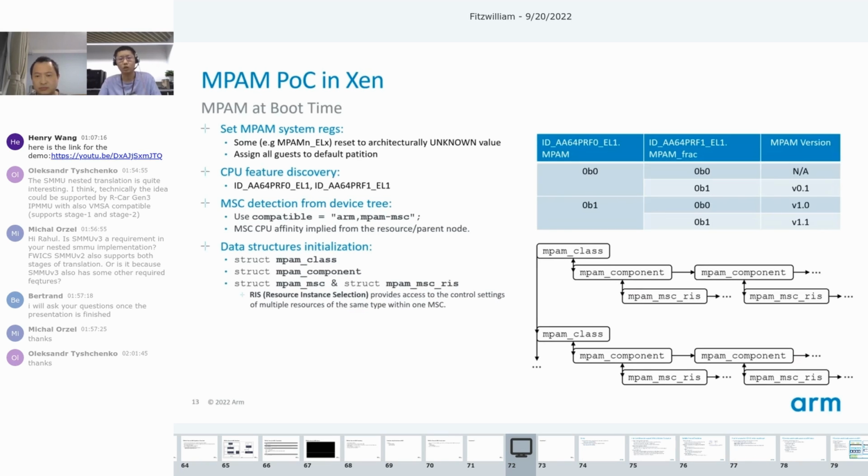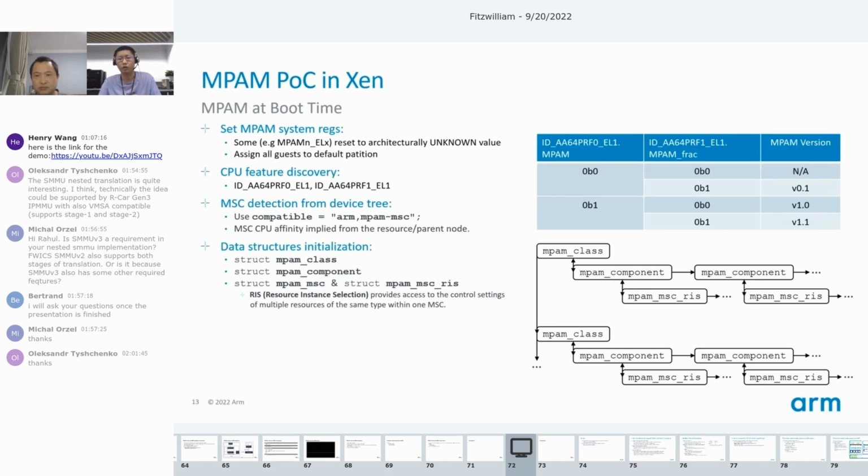An MPAM class is the set of components of the same type. An MPAM component is a group of MSC or RIS that control the same thing. For example, the set of MSC or RIS that make up the level 3 cache are a component. These are sometimes termed slices, and they should be configured as if they were one MSC.